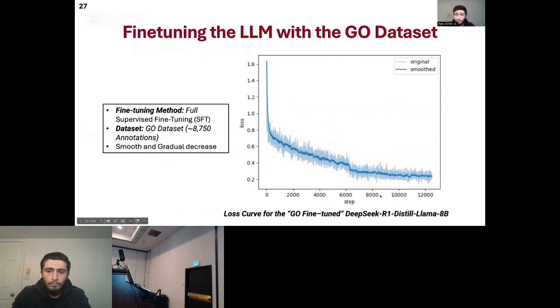And using both these false and true annotations, we fine-tuned, or further trained, the large language model, the DeepSeek model more specifically, on the examples. And looking at the loss curve, we see that it achieved, over training time, an optimized learning process, in that it learned the patterns that were used in curating the GO term annotations